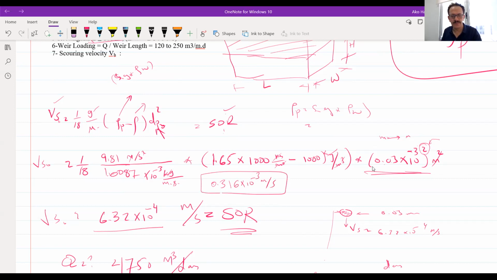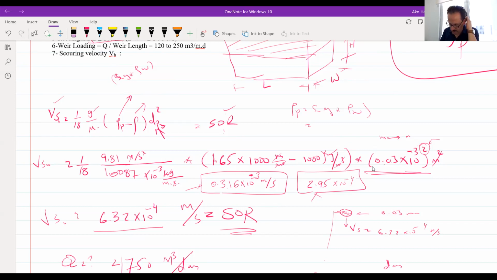Mirza, did you get this? This is the number I'm talking about. Is that the true one? No, I got 2.95 multiplied by 10 to the power minus 4, for the whole VS. I don't know why, but I just calculated many times.